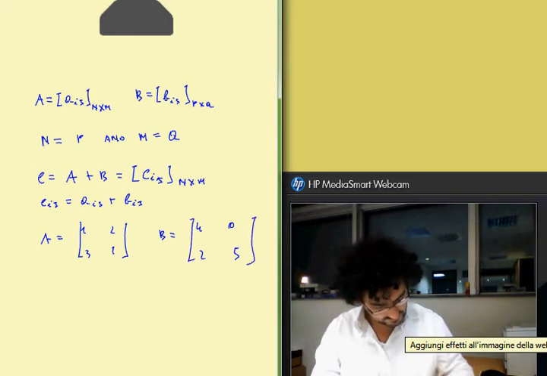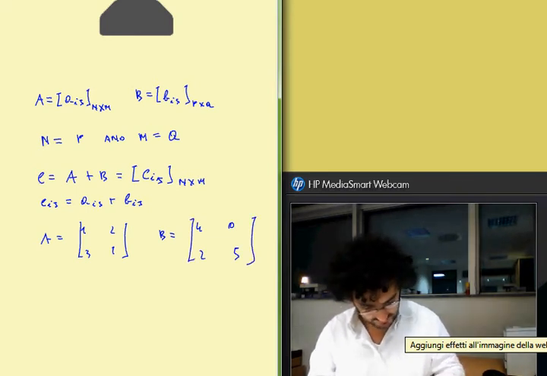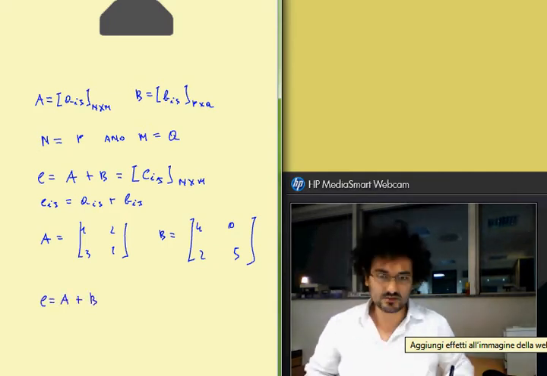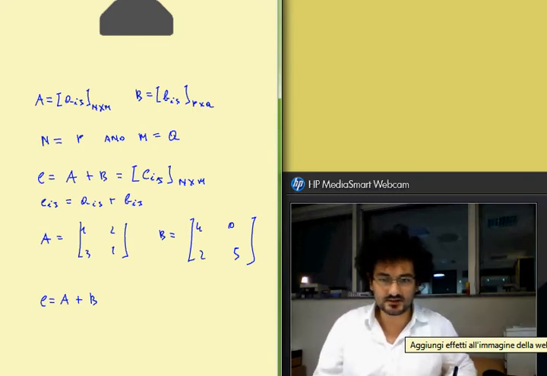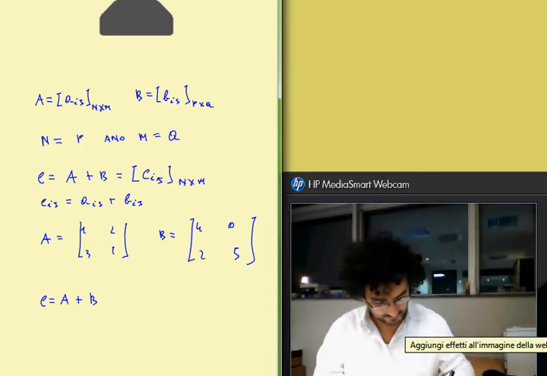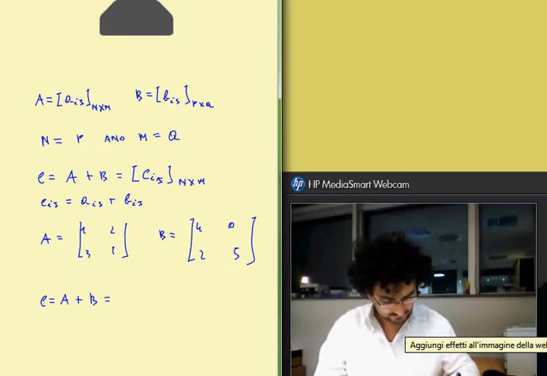In this case, we can consider the matrix C equal to matrix A plus matrix B, because the number of rows of matrix A is 2 and the number of rows of matrix B is also 2. The number of columns of matrix A is 2 and the number of columns of matrix B is also 2. So we can consider matrix C